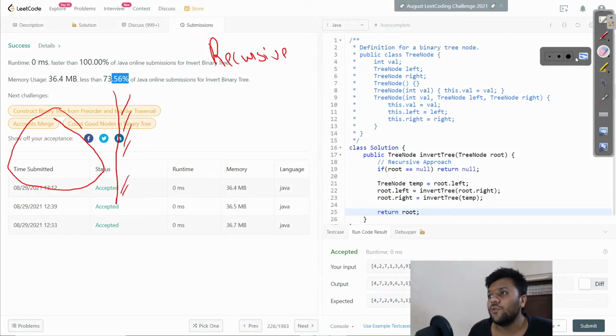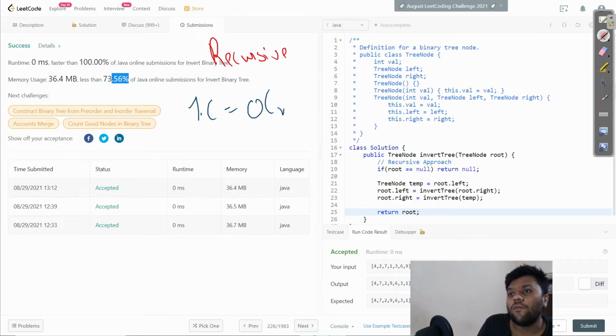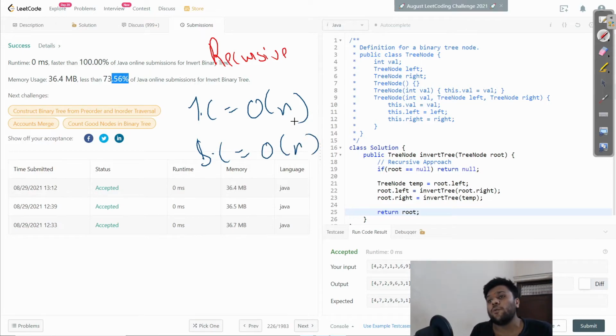Now you will ask, dude, what's the time complexity in this one? The time complexity we are dealing with is big O of n, and the space complexity is big O of n as well. Now you'll ask why the time complexity is big O of n. Because we are traversing every node, level by level, deep inside. That's why the time complexity is big O of n. We can't make it better, because this is the worst case scenario in this one. I hope this thing is clear.